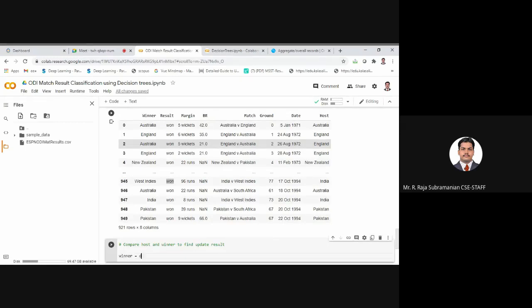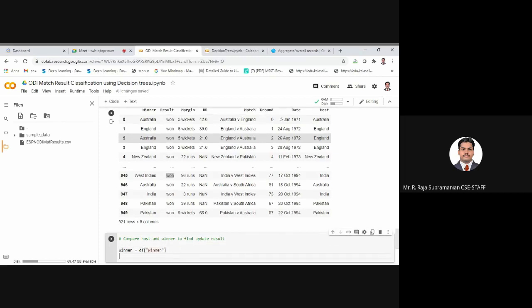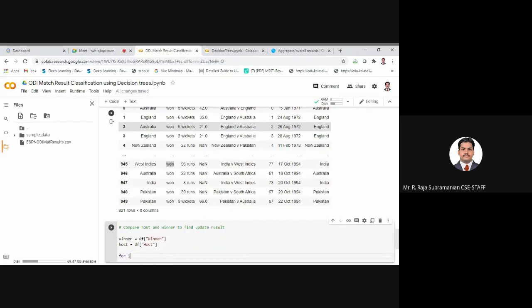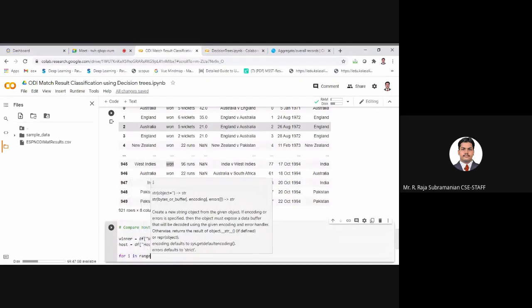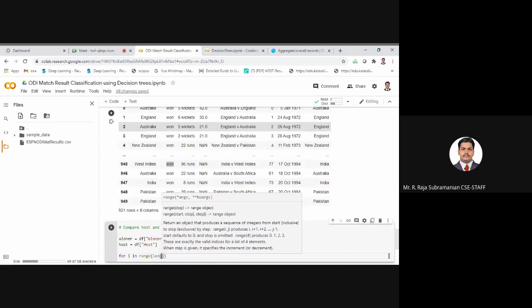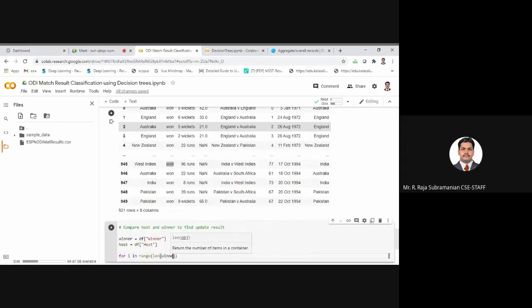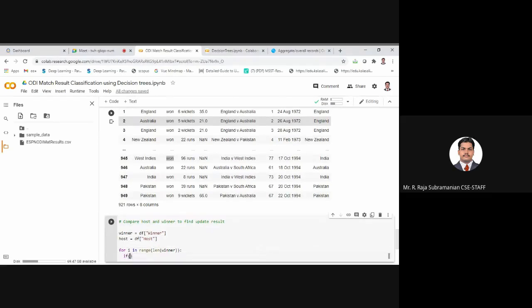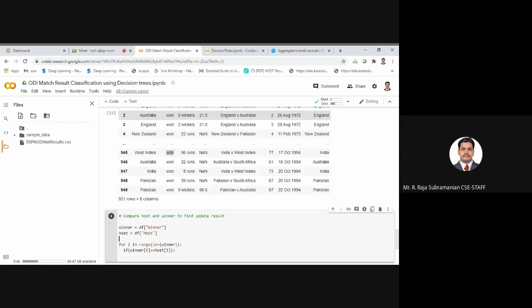Winner is equal to df of winner, host is equal to df of host. For i in range of len of winner, if winner of i is equal to host of i,